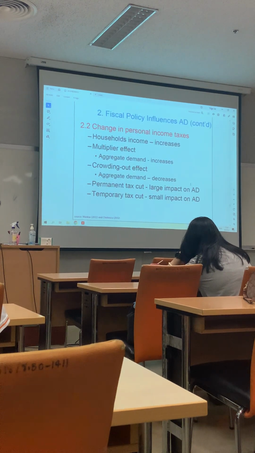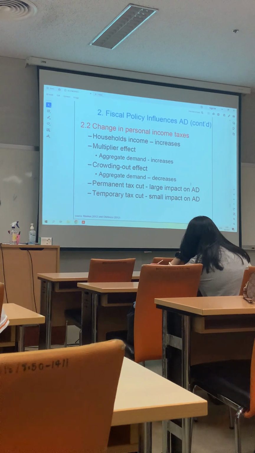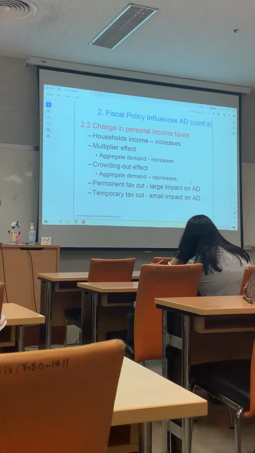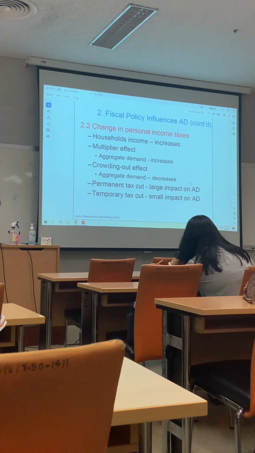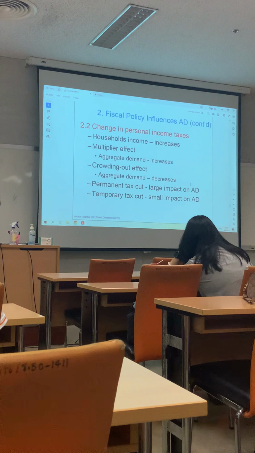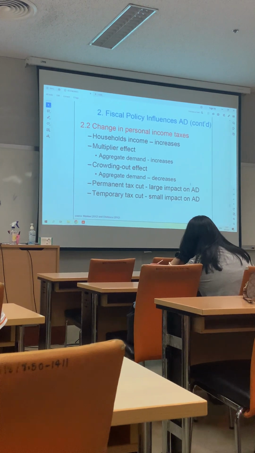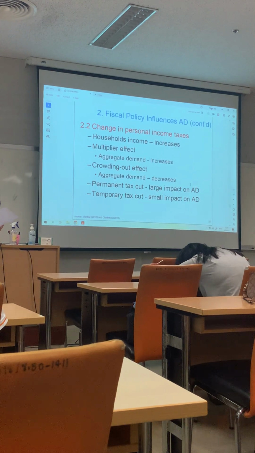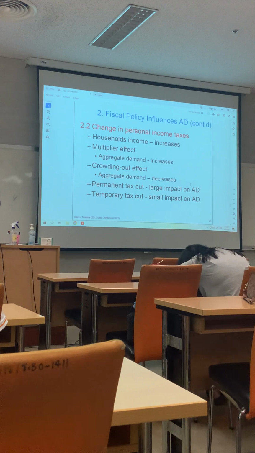Okay. The 2.2 is that fiscal policy can have the change, not just in G or government spending, but also tax changes as well. So if the question says the government is doing fiscal policy by changing tax, the effects are definitely the same, a similar explanation to the case of government spending. In fact, I don't need to teach you again because you know already. For example,